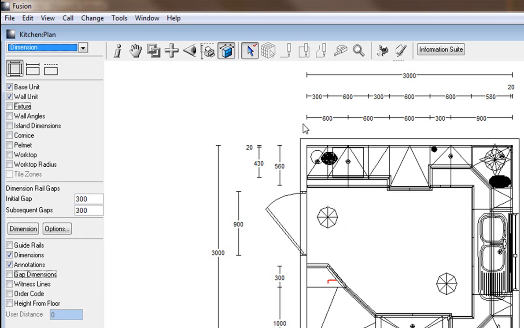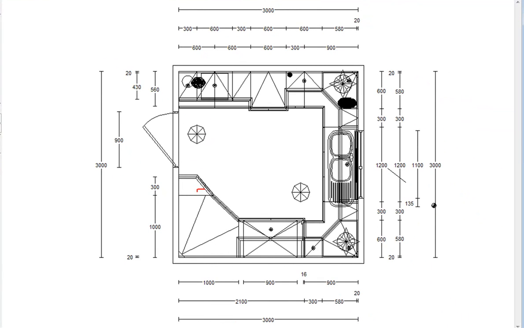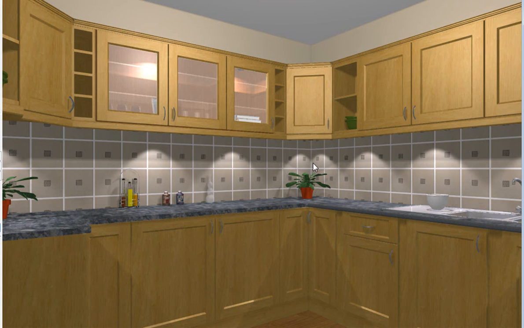Let's have a look at some of the tiling that you can do in the program as well. You can get pictures of, you can tile walls. You can look at the advanced tiling there. You'll notice that not the whole wall is tiled, just part of it where you need it to be tiled. And these are features that are available in Fusion. You can tile the floors. You can put different colors for the ceilings, change the wall colors, put lights inside, outside, and put fixtures all